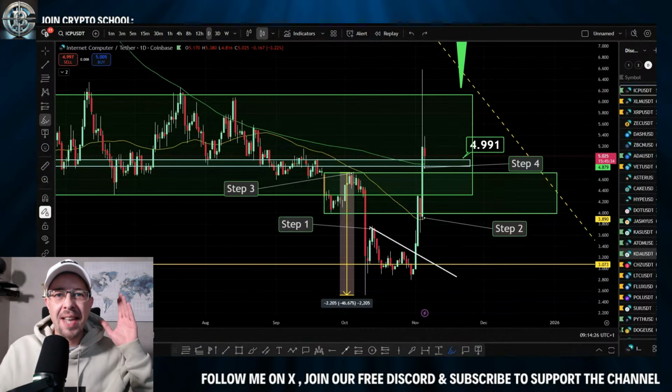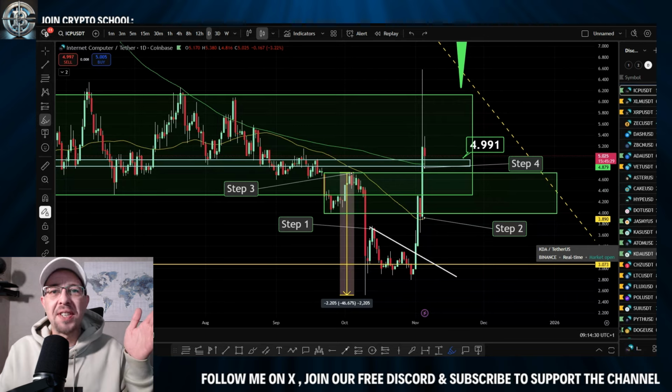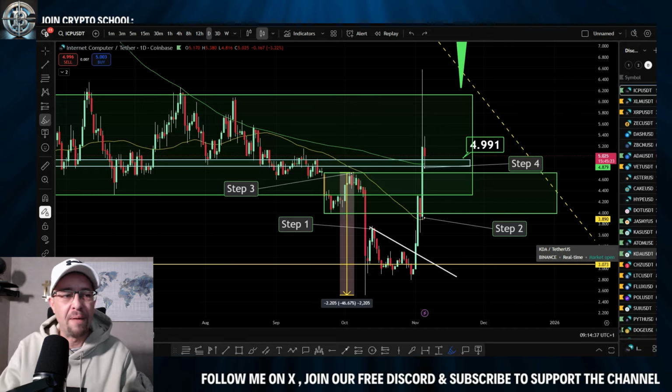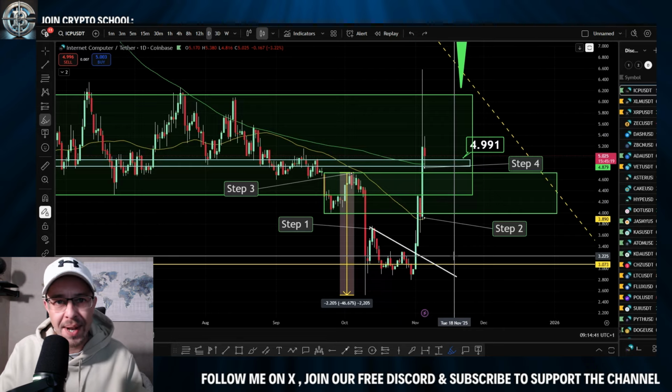And just take a step back, just look at the ICP chart, pat yourself on the back, and just understand exactly the chart told us a story. We understood what needed to happen, when that thing needed to happen. That confirmed the reversal. And now we're going to be talking about projections because this 4-step plan has now been